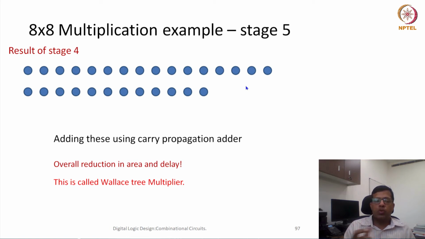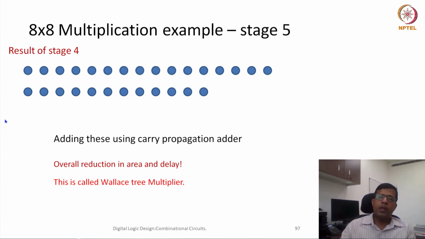Okay. So how do you come to this factor of log n? Because after every stage, ideally we should be able to reduce the number of rows by a factor of 2 by 3. So if the addition is very large, meaning the number of bits is very large, the number of stages would be of the order of log n. And then finally, in the last stage, we add them in a carry propagate manner. So the delay is always going to be of the order of n full adders.